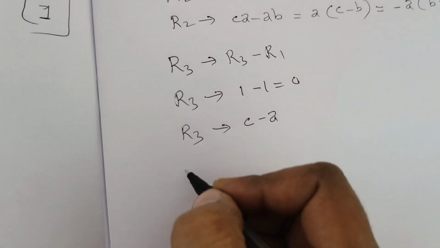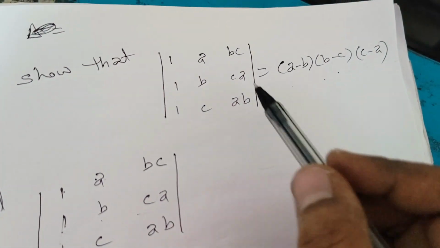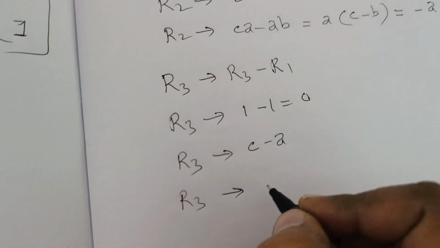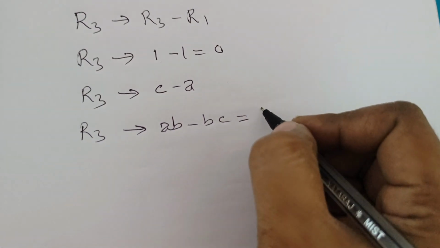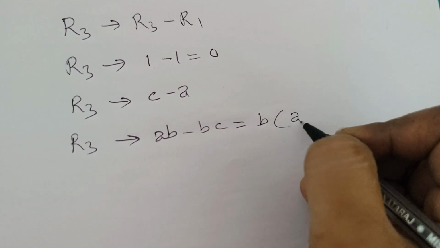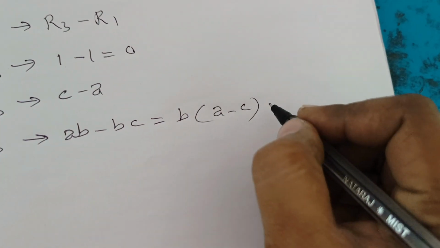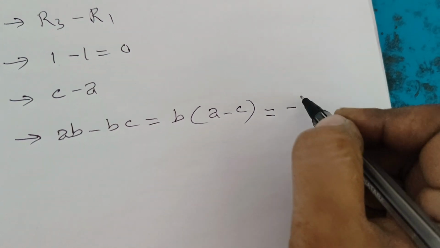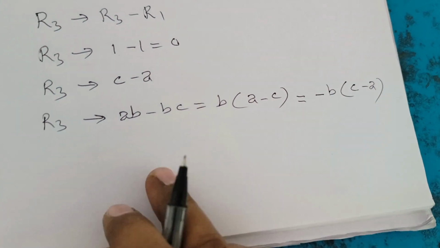Okay. Now R3 third term is ab and this is bc. ab minus bc. So take b common, it becomes a minus c. But we have to get c minus a. So here also we are taking the minus sign common. So minus b into c minus a. This becomes